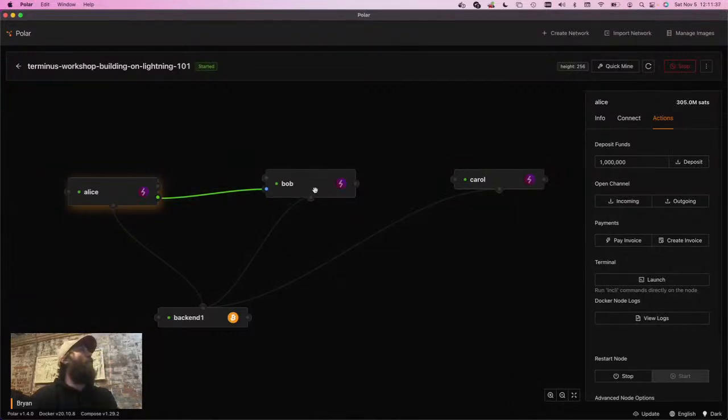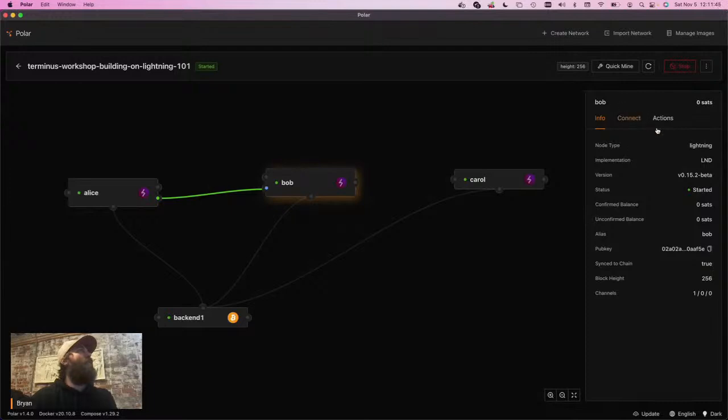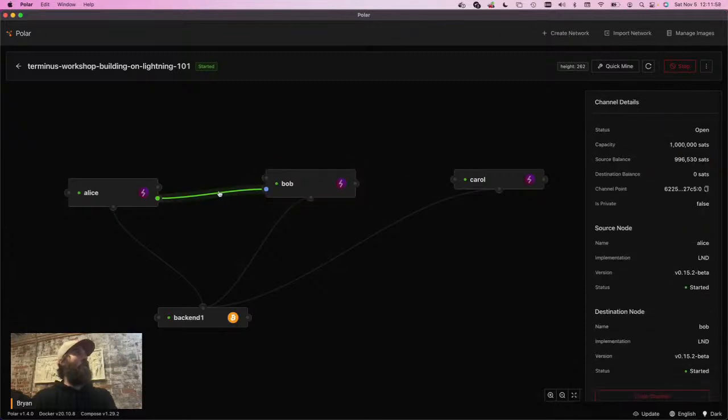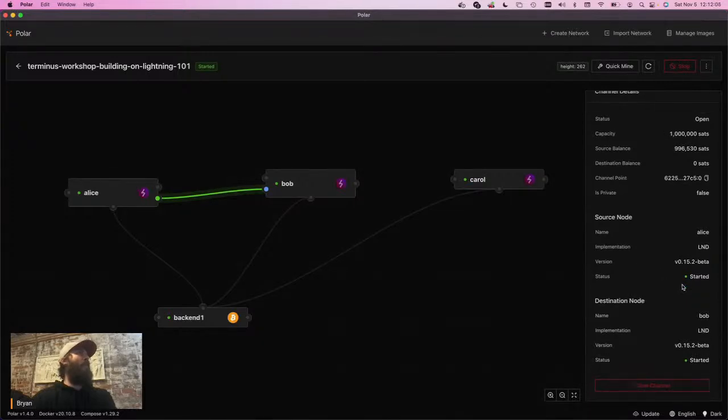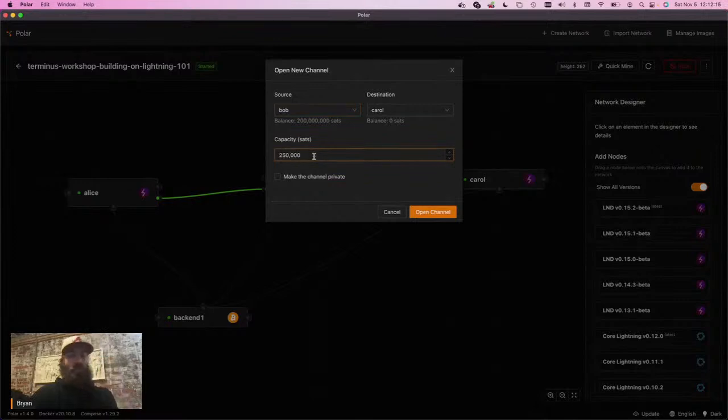Cool. So let's create now with the drag and drop from Bob to Carol. Let's see. Actually, let's deposit a couple of Bitcoins there. Cool. So now Bob's got 2 Bitcoins. Alice has. Did I just open a channel with? Yeah, I did, didn't I? I opened a 1.1 Bitcoin channel accidentally. That's okay. We'll run with it. So let's open a channel from Bob to Carol, and we'll do it for